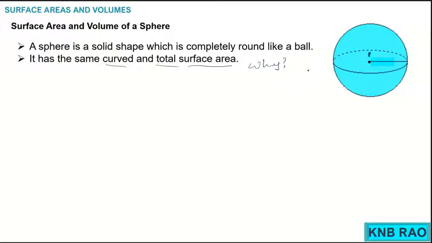Children, remember, in a cylinder there were two separate bases, so we had separate curved surface area and total surface area. When it comes to the cone, even in a cone there is one separate base. When it is added, area of the base is added to the curved surface area, we used to get total surface area. But sphere is such a special three-dimensional figure,